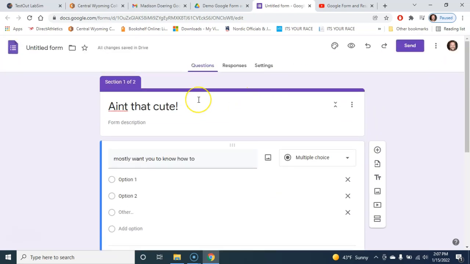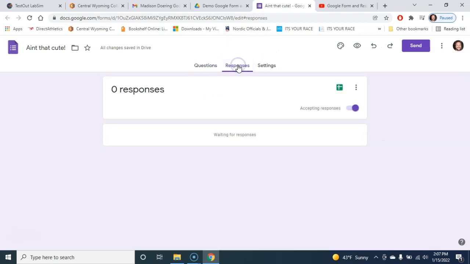So once you've got your form set up, you probably want to make sure it's got some name that you can remember it, and I want you to notice here at the top that I've got questions, responses, and settings. The responses is really the one that I want you to key in on. There's a little green icon here that's the spreadsheet. Right now your responses are probably not going to be viewable to you outside of this form. So if you click on the green icon,